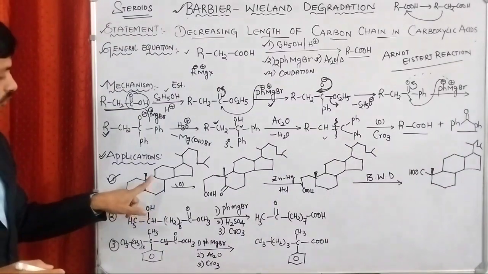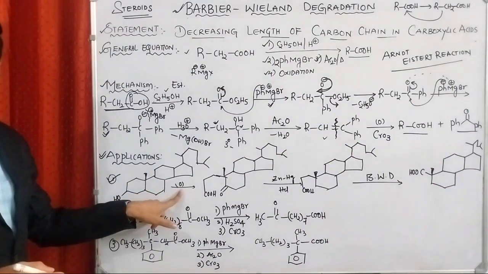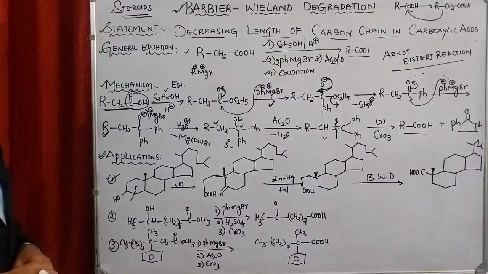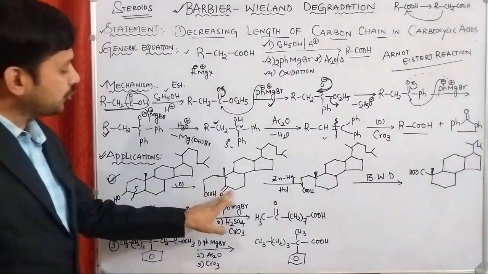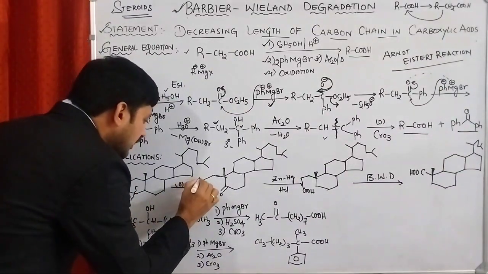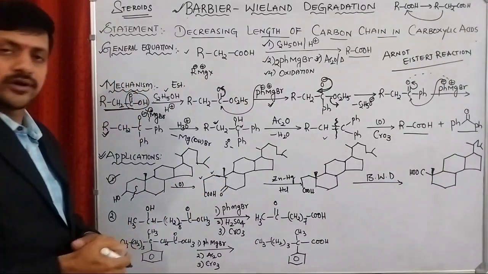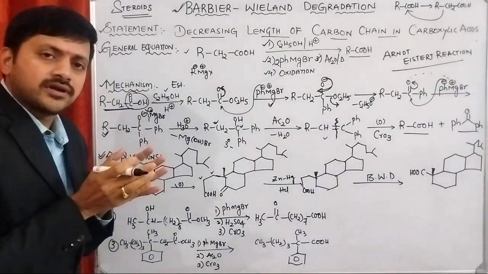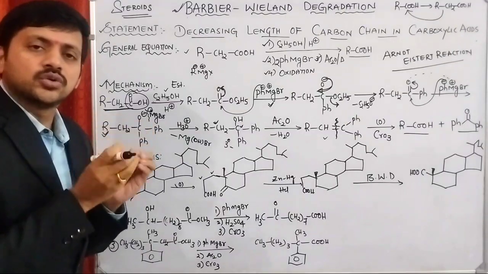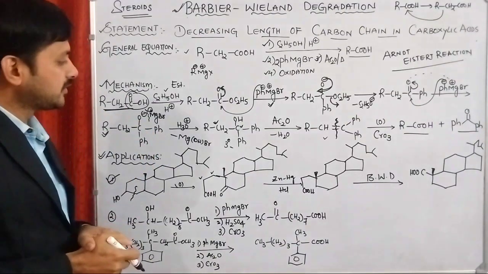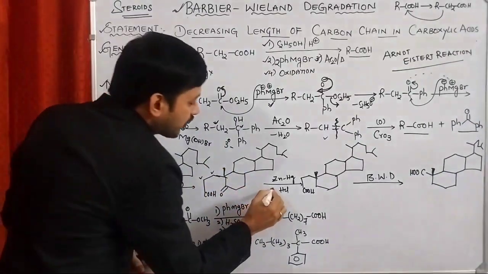The cholesterol is initially subjected to oxidation, and the cleavage of this bond takes place. It produces a keto group and an acid group. See this one? Here we have two CH2 units. The idea is to reduce the two CH2 groups. For that purpose, initially